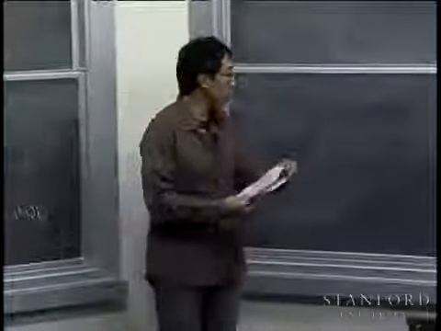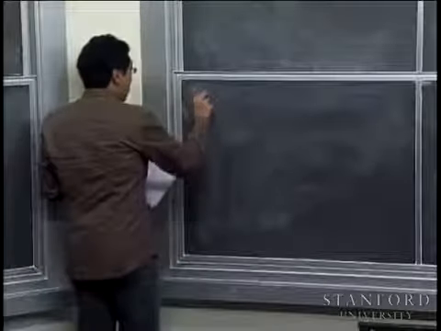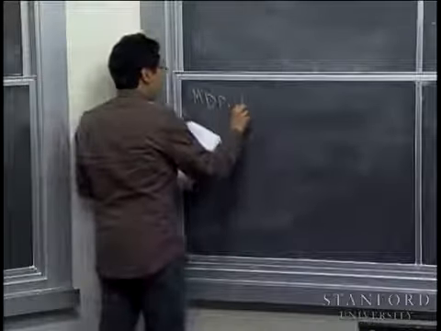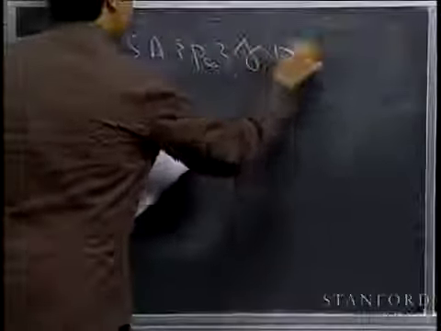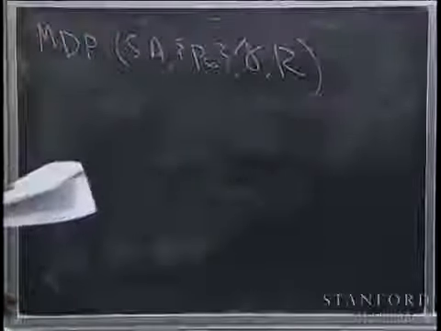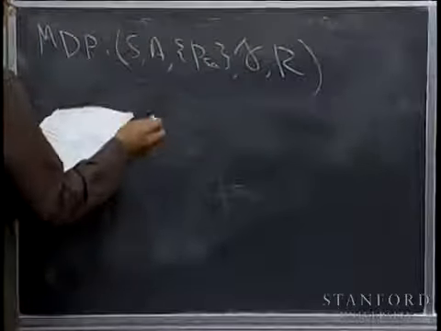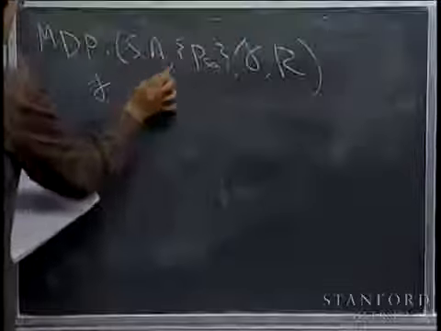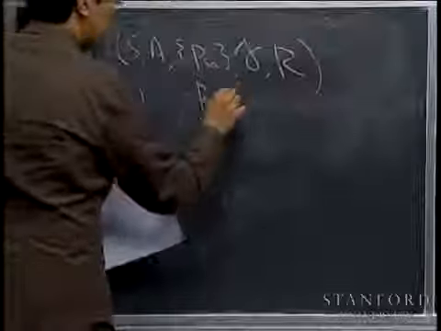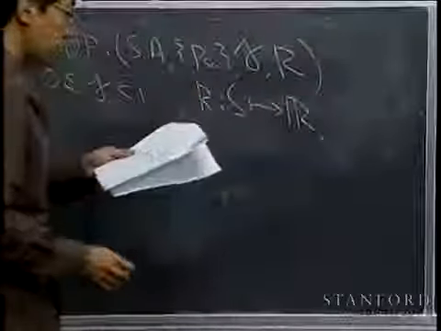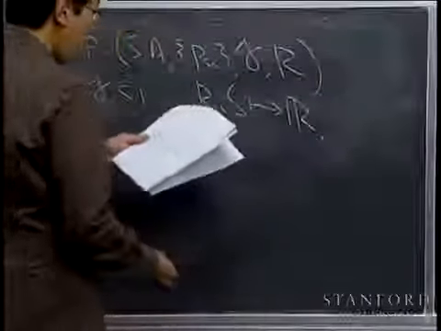So just to recap, and you've seen this definition many times now, we've been defining an MDP as this tuple: states, actions, state transition probabilities, discount factor, and reward function, where gamma, the discount factor, is a number between 0 and 1, and R, the reward function, was a function mapping from the states to the real numbers, and so we had